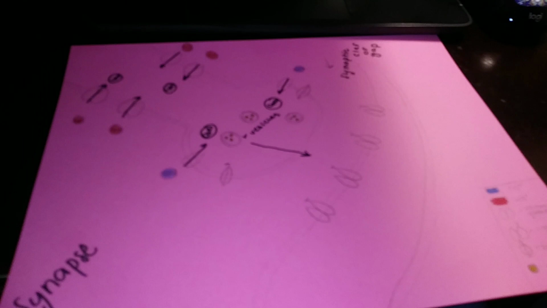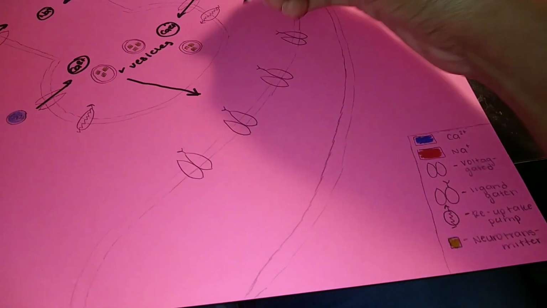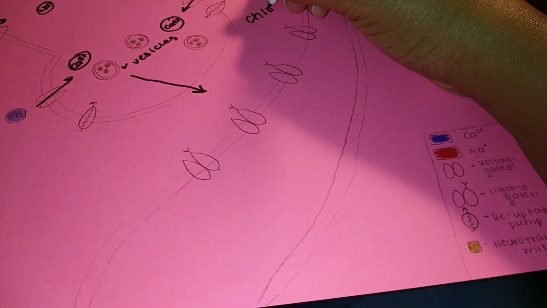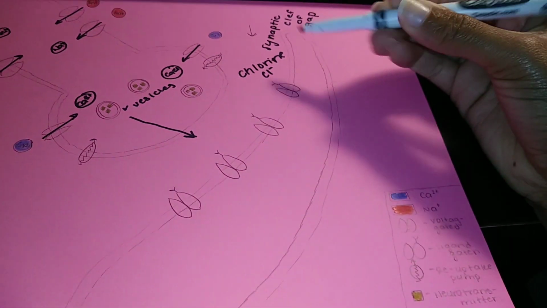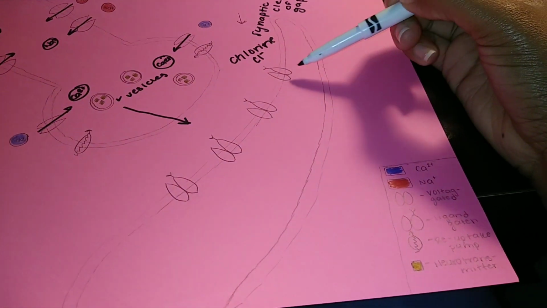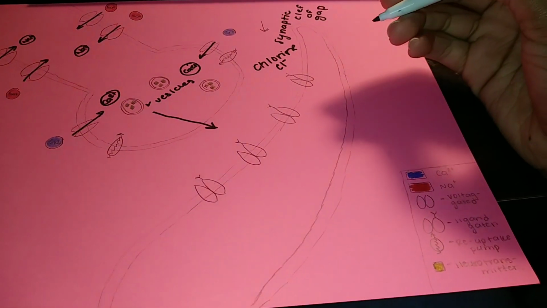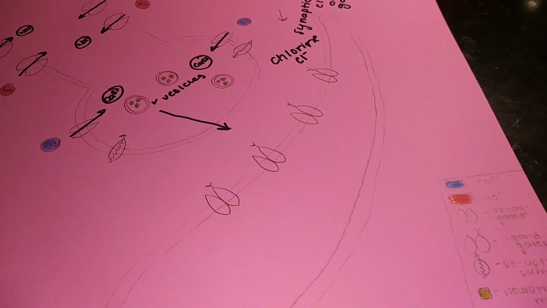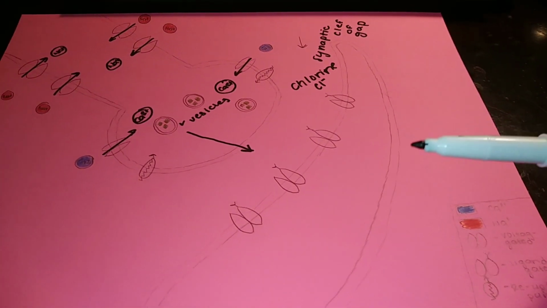Okay, so that was the excitatory process. Now the inhibitory process is the same thing, it's just that chlorine, or Cl minus, will go inside of this and not Na plus, I think. Okay. So now we're going to move on to a different concept of this same synaptic process,